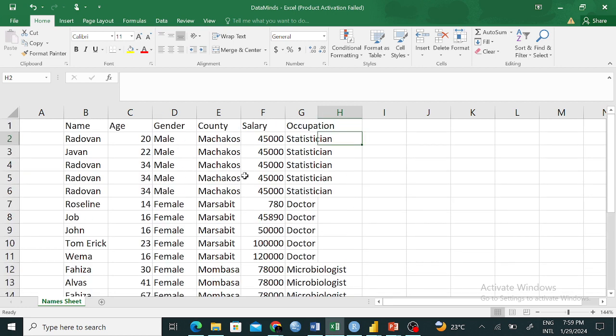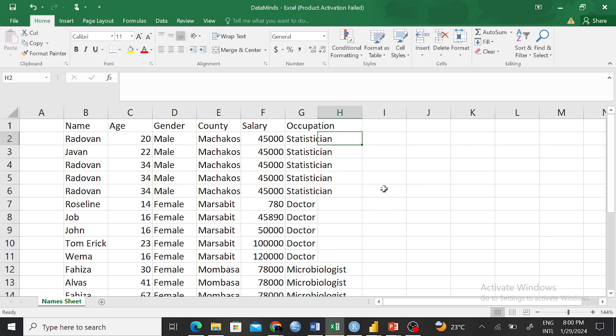Or you can even filter with county so that you see only information of those people coming from Machakos County. And that will be that. Something else. Let's do almost the last thing, that is conditional formatting, so that tomorrow we are also going to look at something different. Let us look at conditional formatting, unless there's somebody who has a question around sorting and filtering. If not, let's look at